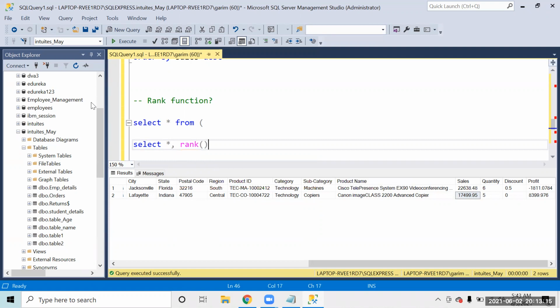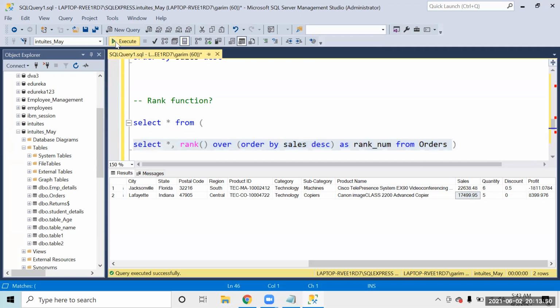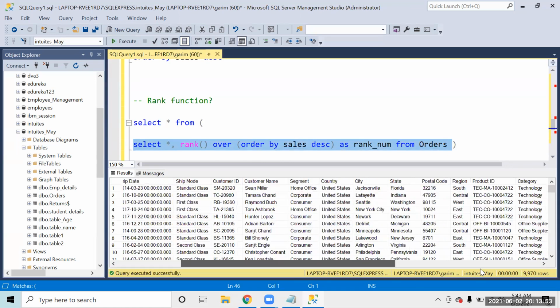So we will use the rank function, rank over order by sales descending from orders, right? So let's call this rank number, right? So what this is going to do is give me the ranking of the data. If I just run this up, I'll get a ranking over here.